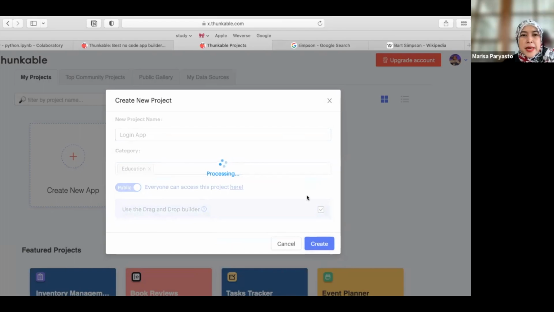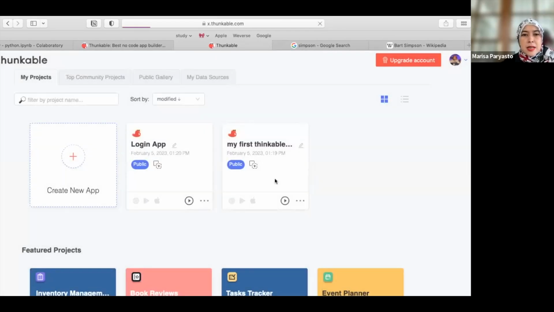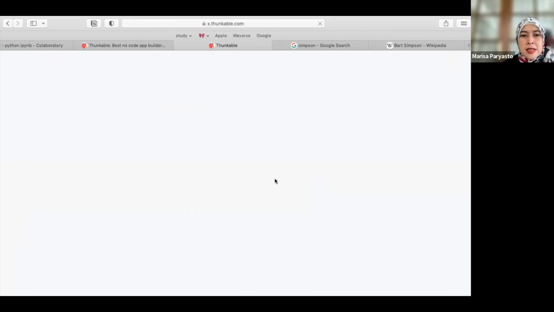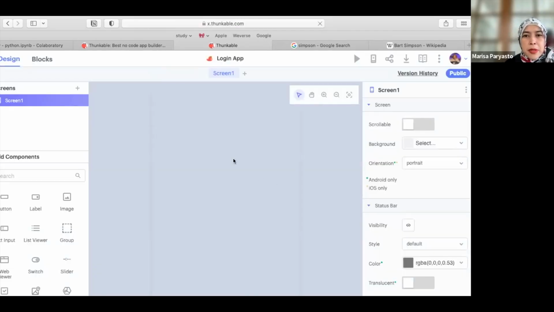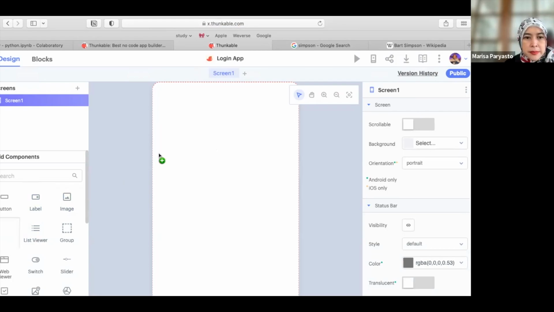We are going to make a login application where it only allows you to enter the app with the correct username and the correct password. Okay, so now we need different things. We need